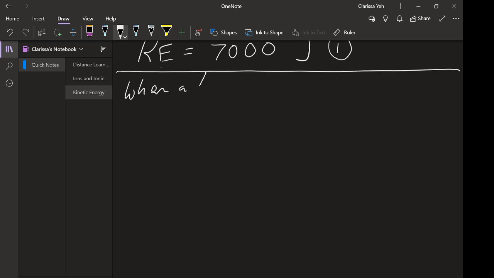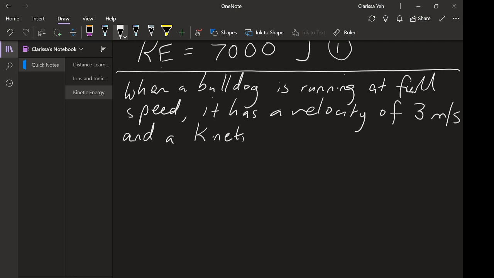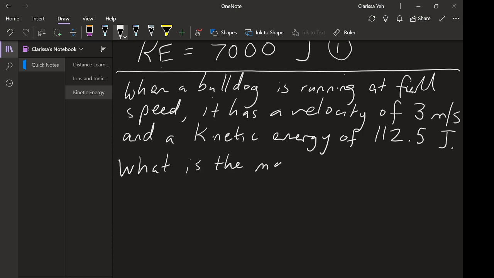When a bulldog is running at full speed, it has a velocity of 3 meters per second and a kinetic energy of 112.5 joules. What is the mass of the bulldog? Okay,